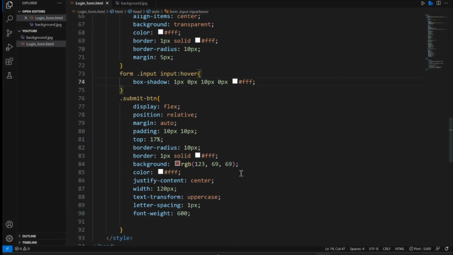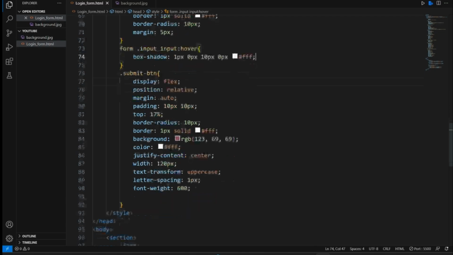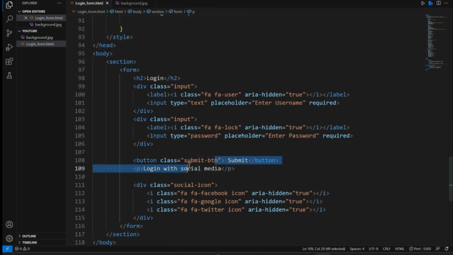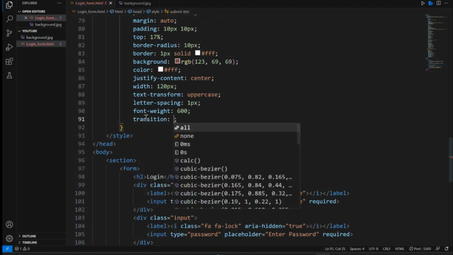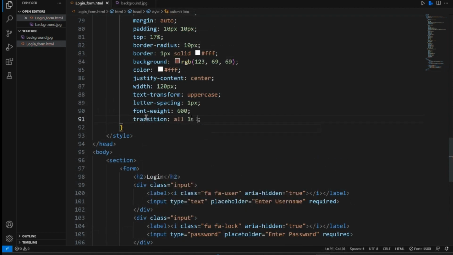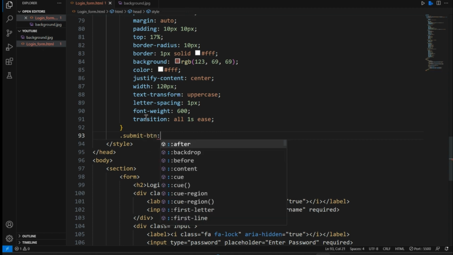Let's go back to the code. Next, we will put the hover effect on this submit button. So let's give it first in the submit button. In this class, we can give transition all 1 second, and then submit all and hover,